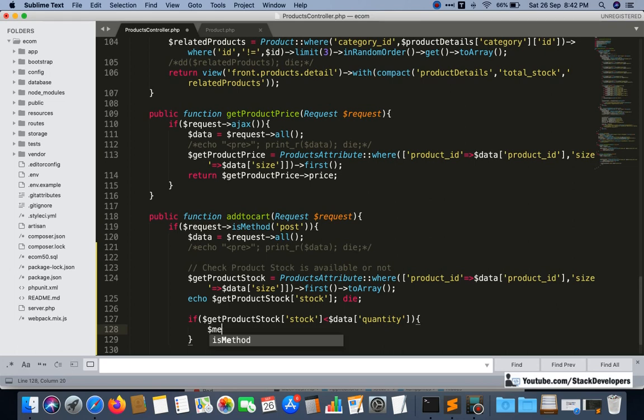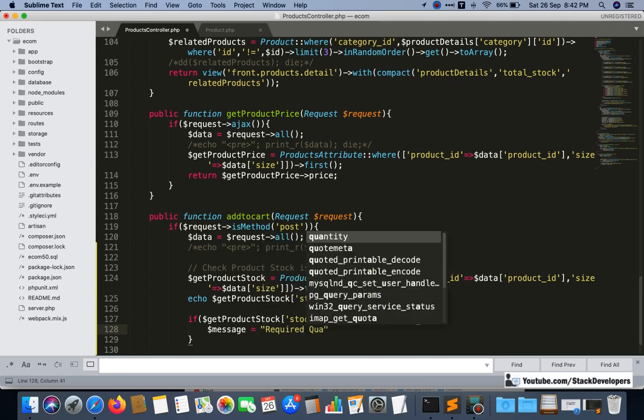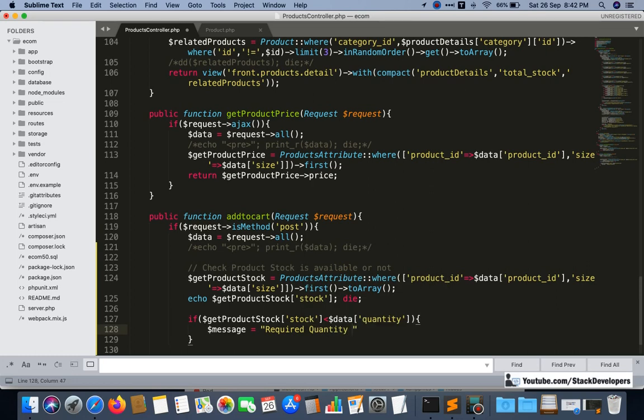Okay, so we will give here message $message, and here we are going to write required quantity is not available. Okay, so this is the message that we are going to show.